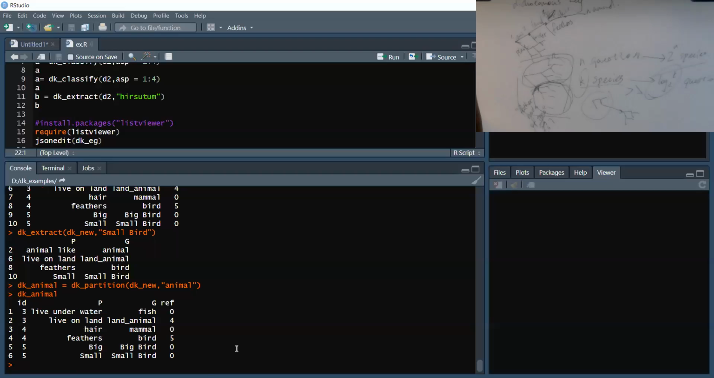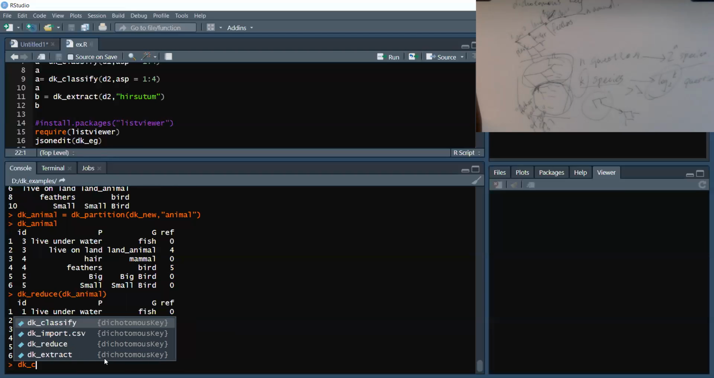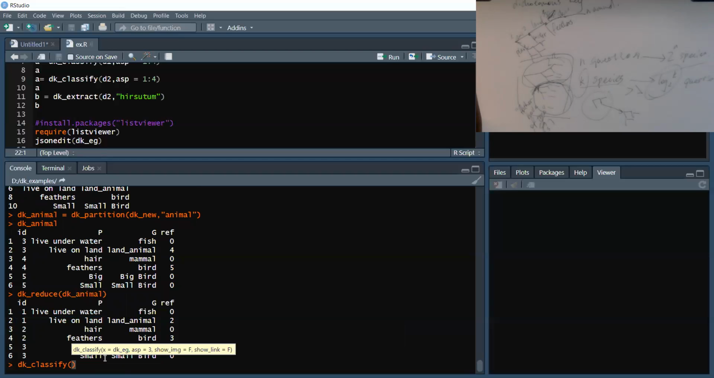And we can see what this is. So this extracted dichotomous key table has no redundant nodes, right? It only has properties of animal. But what this doesn't give is a table with the ID of the father node starting from 1. So we can reduce it. That's quite simple, and I can use this as just a normal dichotomous key table